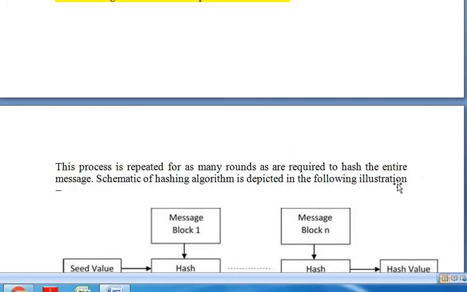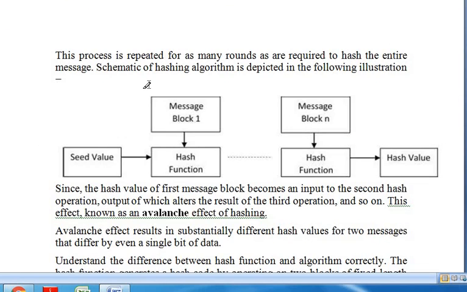We will see it below. We are getting a message, and it is encrypted with the hash function. One hash function's output is given as an input to another hash function. The plain text is divided into different blocks. Each block is encrypted with the hash function using the answer given by the previous hash function. Likewise, the rounds are taken, and we get the final hash value after completing all the rounds.